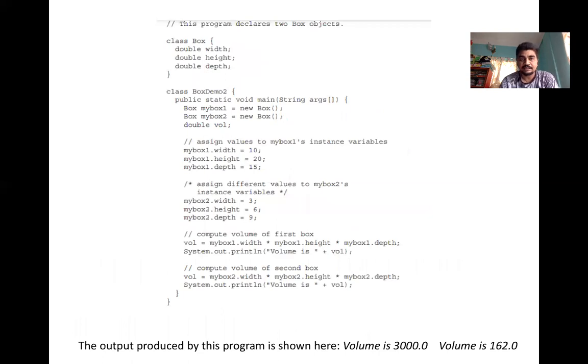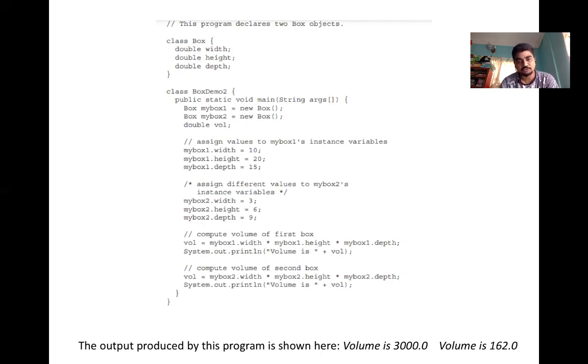Now here we are declaring 2 Box objects. We have class Box and class BoxDemo. Inside it there is public static void main, and I'm defining 2 objects: Box myBox1 = new Box, and myBox2 = new Box, and double vol. Now myBox1.width, myBox1.height, myBox1.depth are defined.